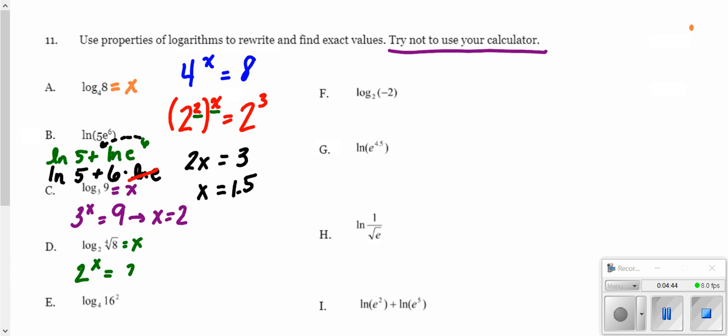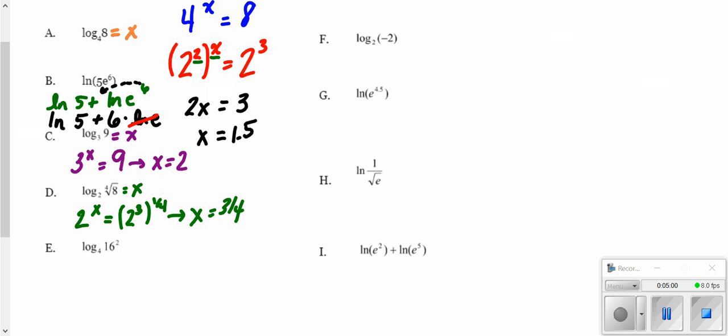8 is the same as 2 to the third, and a fourth root is 1 to the 1/4 power. So if you look here, this has equal, and it has the same base now that I rewrote it. So that means that x has to be 3/4. For e,